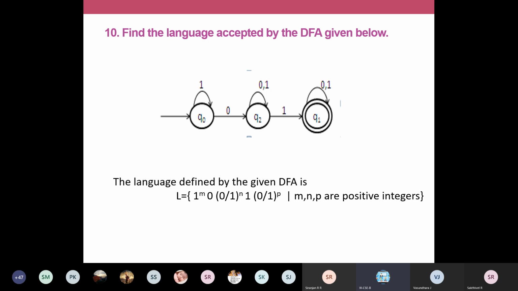When you identify anything, it begins with the 1, and then on reading 0 and 1, we can go to accepting state. In between, having any number of zeros and ones, you are having a self loop. At the end also, some self loop. So how can we write the language? Substring with 0, 1, 1.